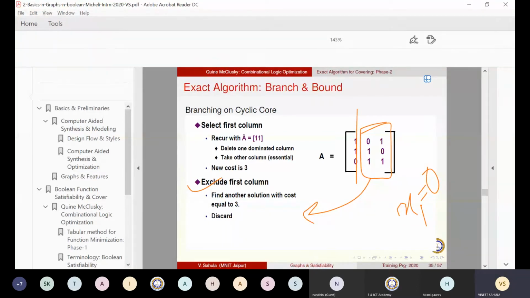The independence says these first two rows are independent. Or before this, we can still reduce it if you want. The essential selection. So this column is essential because of the second row. This column is essential because of the first row. So we choose true, right? But the cost of this is 2 now. 2 columns, x2, x3, both to be chosen.